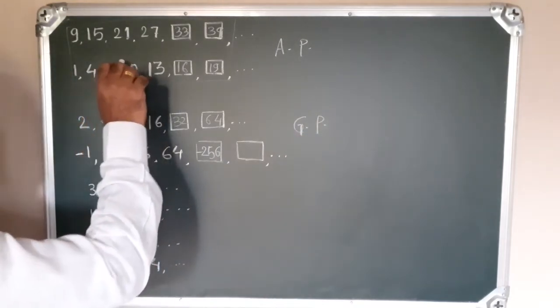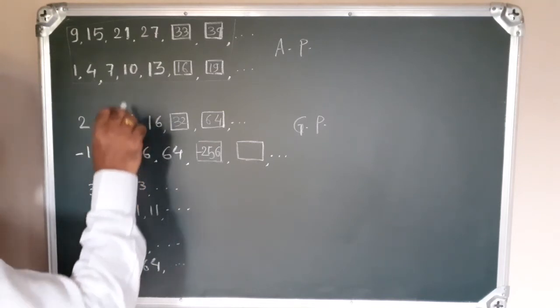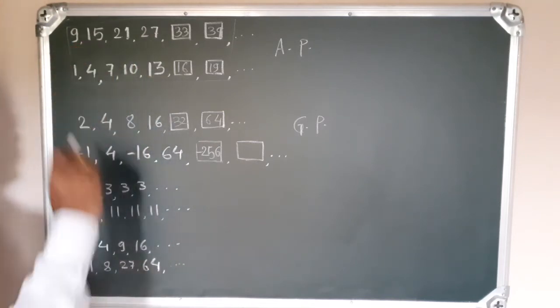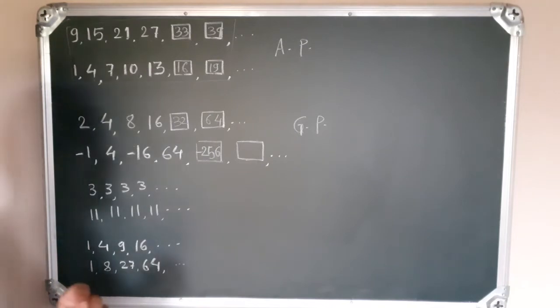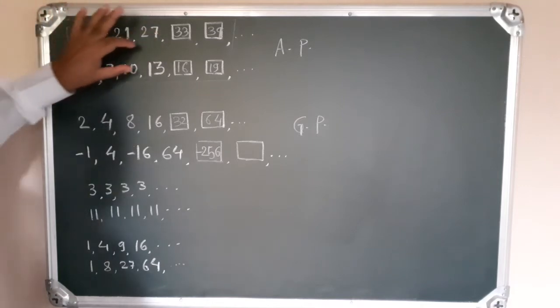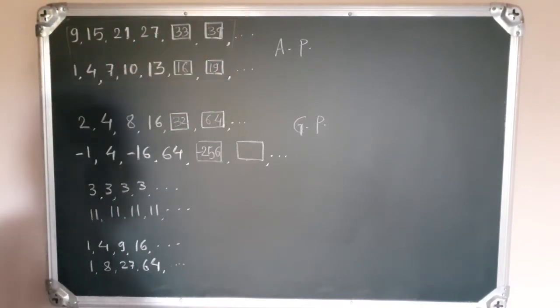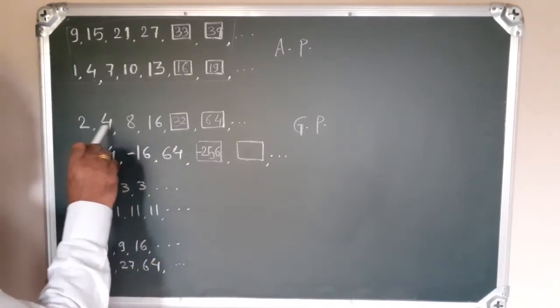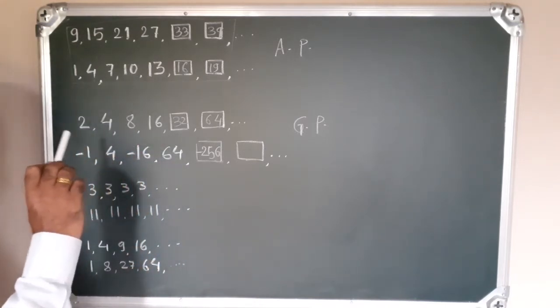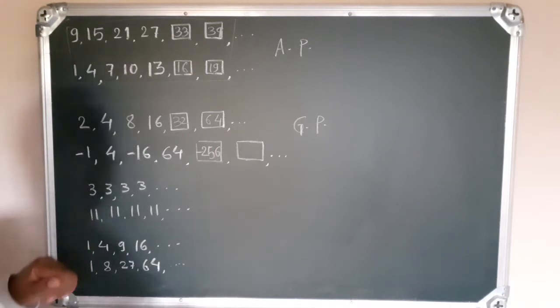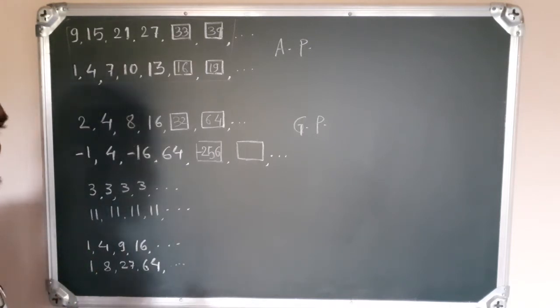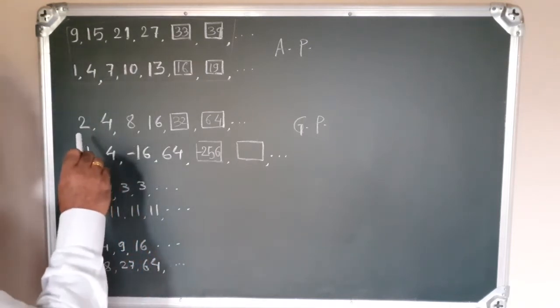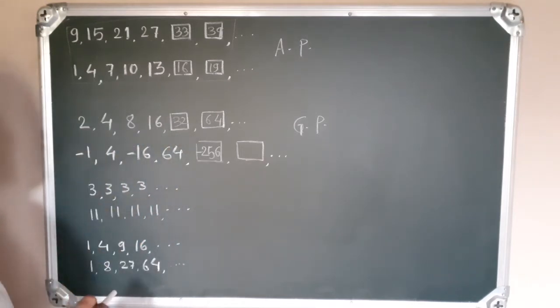So this is AP, this is GP. This is AP because the difference between any two consecutive numbers is constant. That's why these two sequences are arithmetic progressions. And here, the division of any two consecutive numbers is constant. So such types of sequences are called